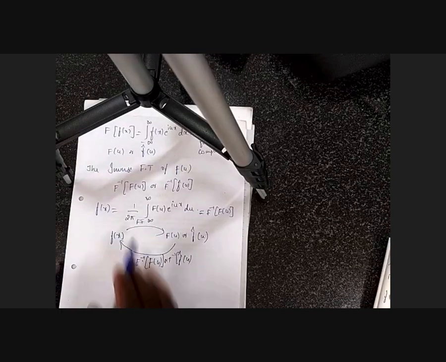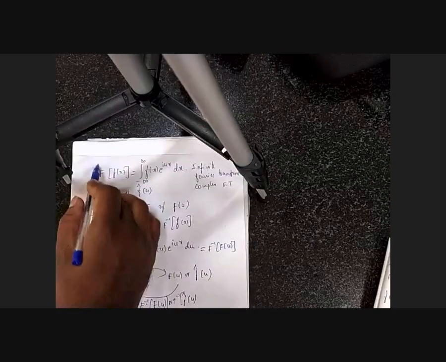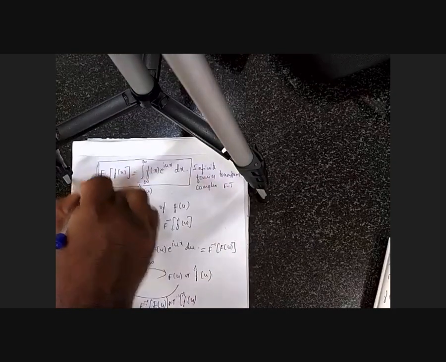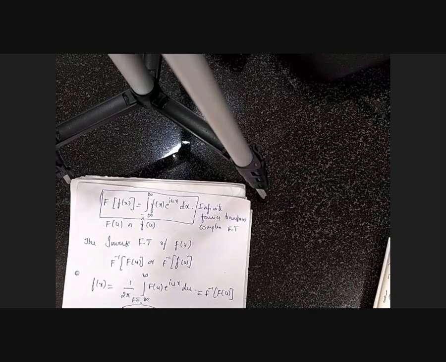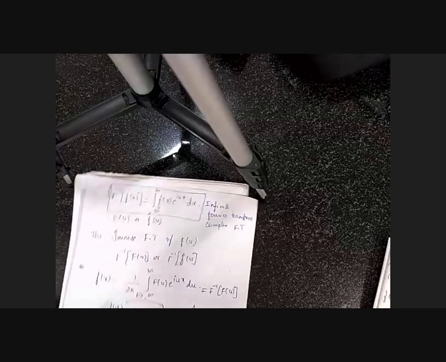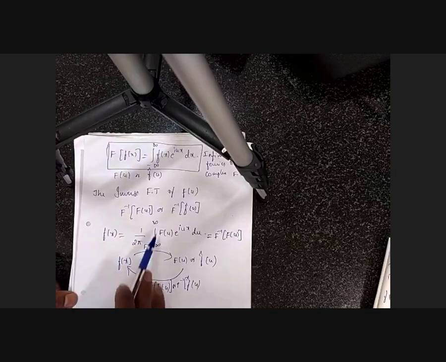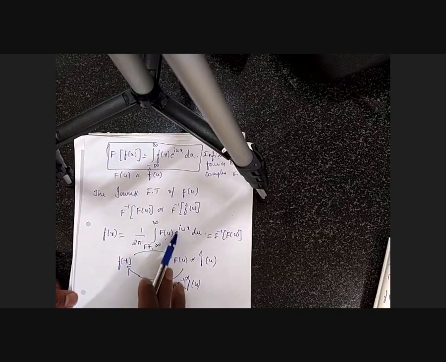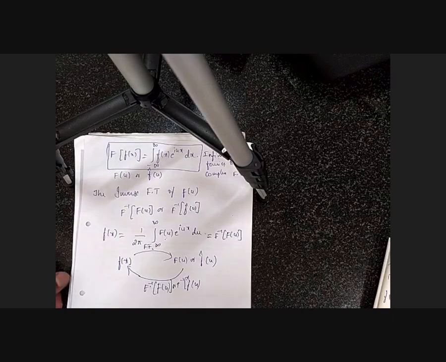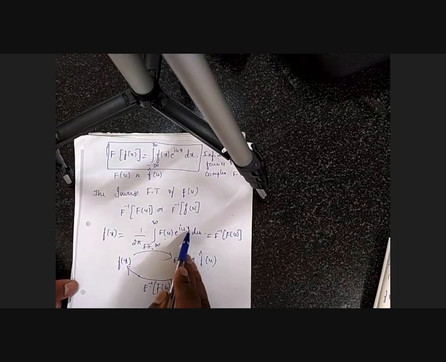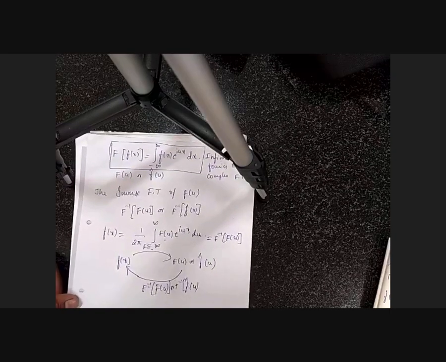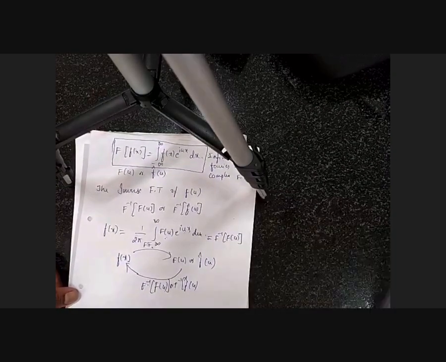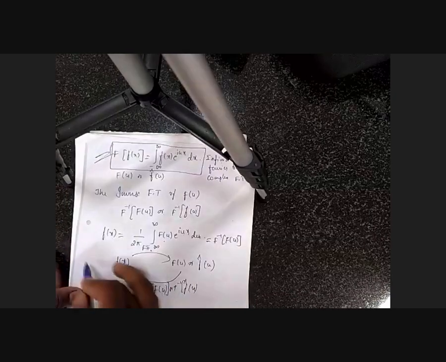Okay, so what is this Fourier transform? This definition: F of u equal to the integral from minus infinity to infinity of f of x e power iux dx. And what is f of x? f of x equal to 1 by 2 pi times the integral from minus infinity to infinity of F of u e power minus iux du. This is with respect to u. Here x is constant. With respect to u we have to integrate because it is the inverse Fourier transform. So these two are very important.